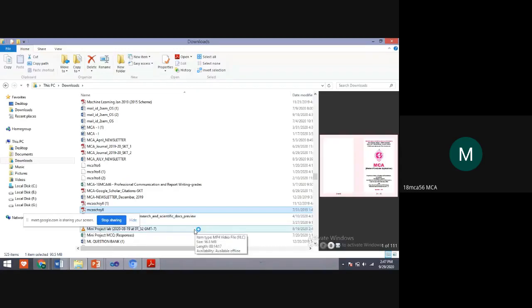What are we doing in the 1A program? It is to find the square root of a given number. There we are using the built-in function math dot square root to find the square root of a given number. If I give the number 4, the square root of 4 is 2. If I give 3, the square root of 3 is 1 point something. If you give 8, the square root of 8 is 2 point something. Whatever number we give, we have to find its square root value.